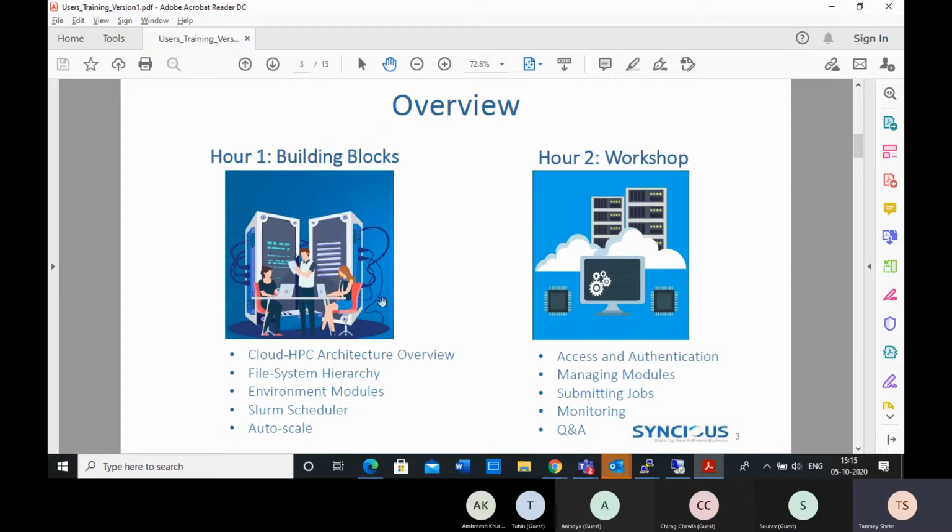The auto scale functionality is very important for cloud-based HPC because, as I discussed, cloud-based HPC is all about billing based on the amount of resources that you use. So the cloud should always be elastic. Elastic means it should scale up and scale down based on your needs, and so you should only pay for what you are using. And that's why this auto scale functionality is there.